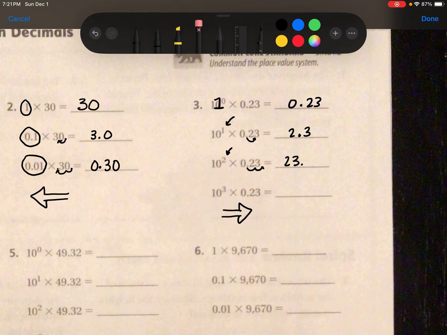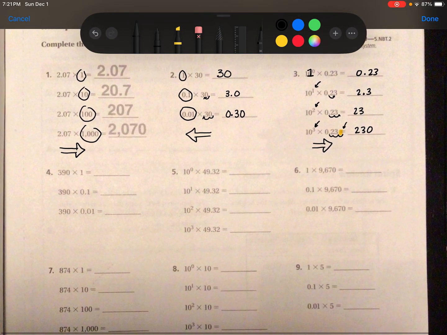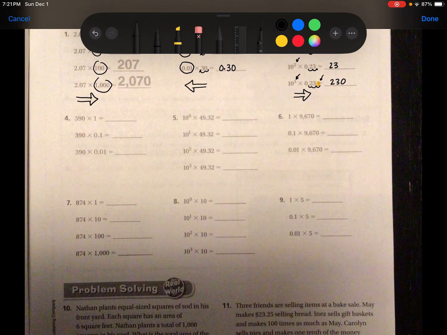This exponent tells me that I have 2 tens, and I'm going to be moving it 2 places to the right, 1, 2, so it gets 100 times bigger, and it goes from 0.23 to 23 point nothing. So really, you don't even need the decimal at the end. And 10 to the 3rd, which is 1,000, we're going to make 0.23 1,000 times bigger, so we're going to move it 3 times, 1, 2, 3 times, and we're going to fill in that space right there. So we have an empty space, we're going to fill it in with a 0, so it becomes